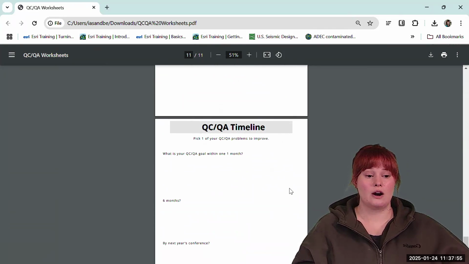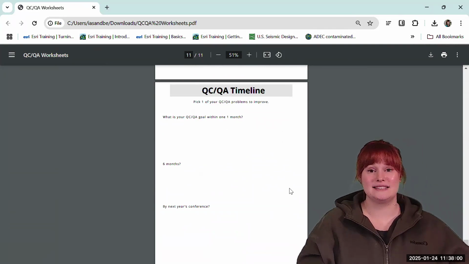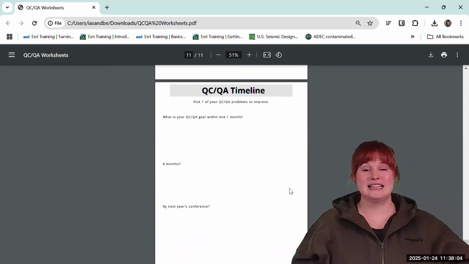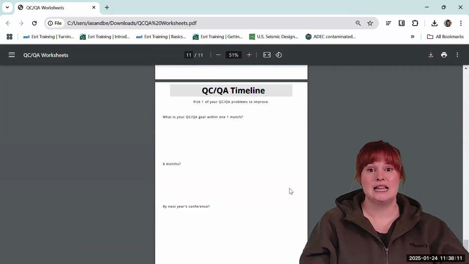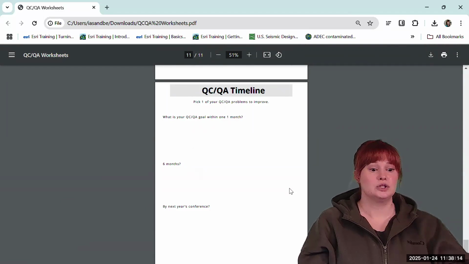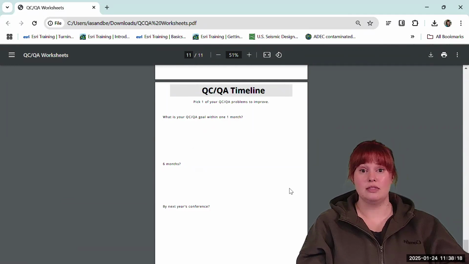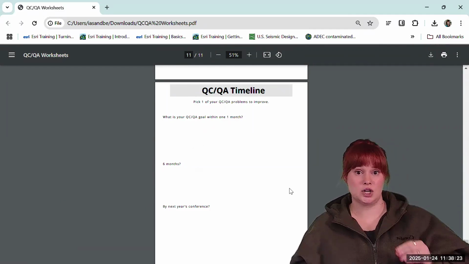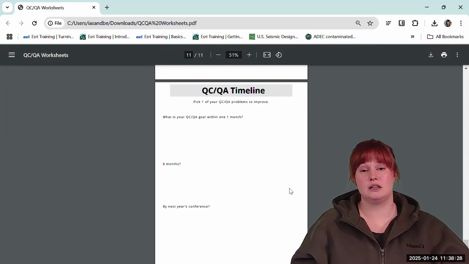And then our last piece here is that you need to set some actual goals for yourself, because otherwise, all of the work that you just put into filling out all the rest of those worksheets is going to come to nothing. So what can we do to ensure that this actually gets implemented? Set ourselves some goals. What is a goal that you might have to improve things within the next month? And then maybe a 6-month goal. Maybe within the next month, you're going to make this checklist and start using it. Maybe within 6 months, you get other people to start using it as well.